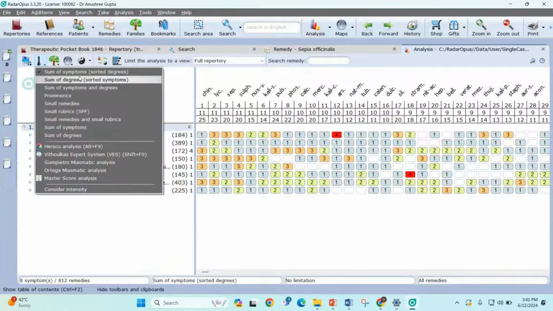Now, under this analysis strategies option comes this master score analysis. So this master score analysis is an add-on in the Radar Opus software, and it is an expert tool which helps you to fine-tune your prescribing results. So let's see a short view about the master score analysis.